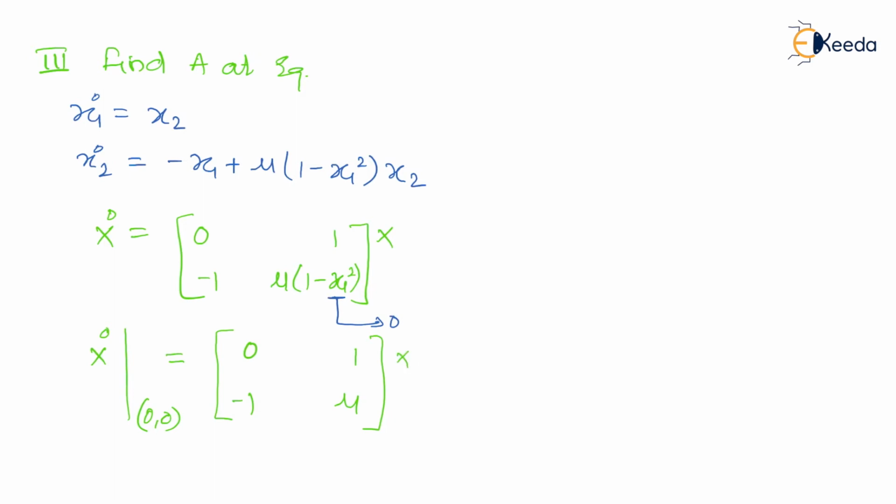Now the problem is going to have three different conditions. What are the three different conditions? Condition number 1, when mu value is minus 1, when mu value is 0, and when mu value is plus 1. In the starting of the problem, I have told you it is going to have three conditions: mu less than 0, mu equal to 0, and mu greater than 0. So let us go with these three different conditions.